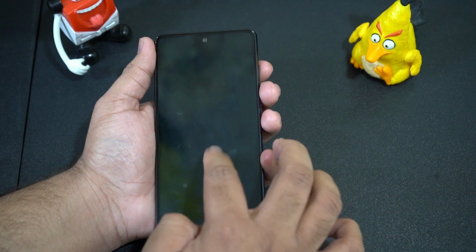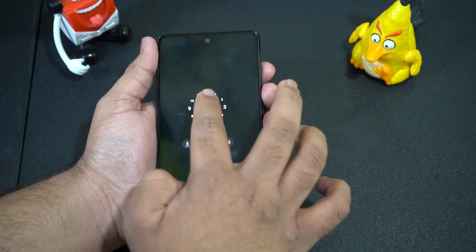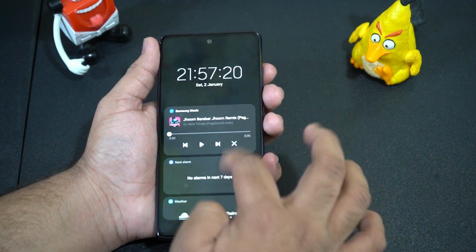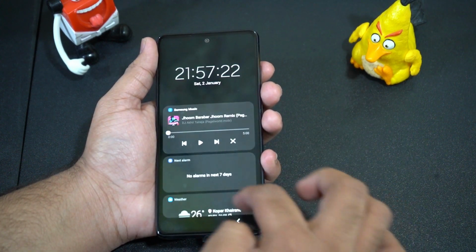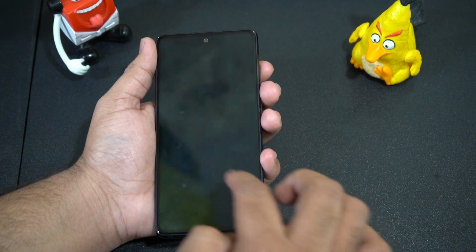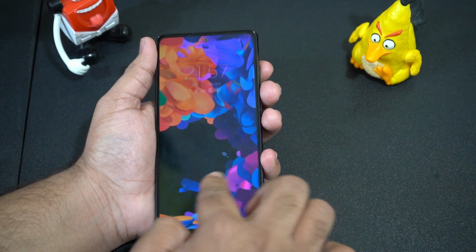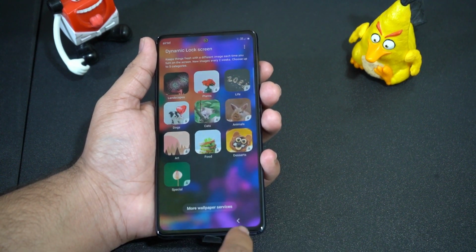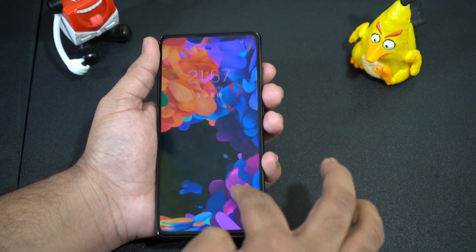The always on display on the lock screen has been revised as well, and by double clicking on the clock and then swiping up and down, you can add and access widgets like music, calendar, weather and others. So it's easier to find and control your routines. Some new image categories have been added for dynamic wallpapers, which can be accessed by swiping left on the lock screen. The screen unlock animation is also different.